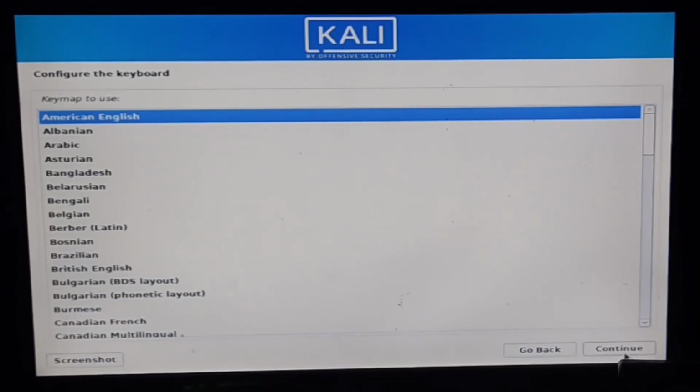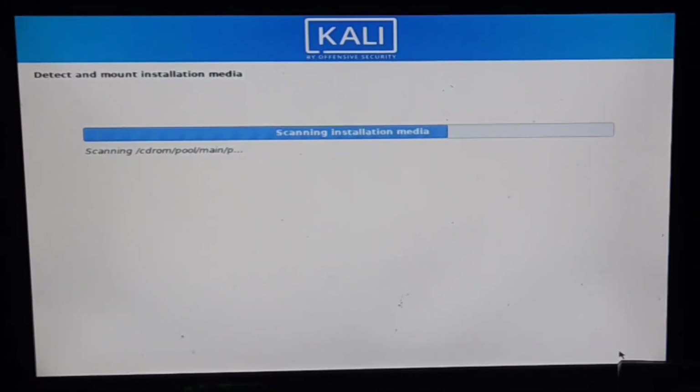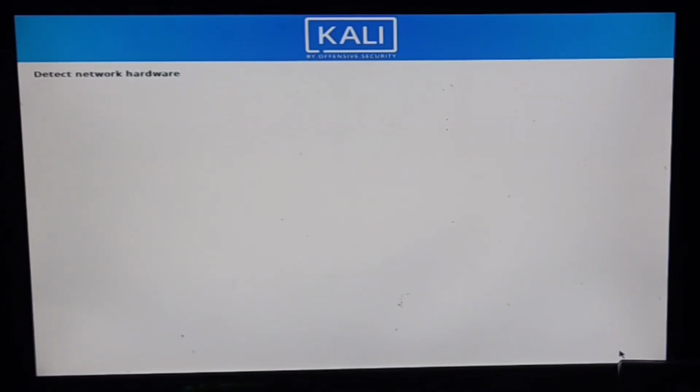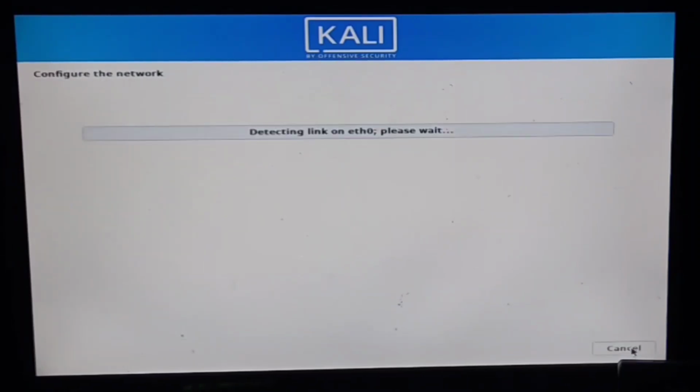Keyboard American English. Press no and continue.